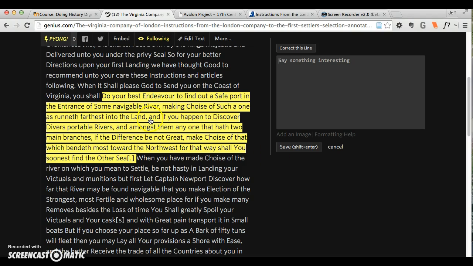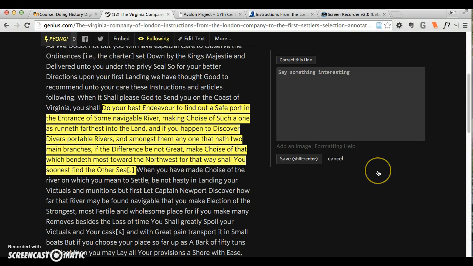As you can see, I highlighted what I wanted to annotate, and it says, say something interesting. This clearly shows English interest in finding a northwest passage to Asia. Okay, and that's a great example of